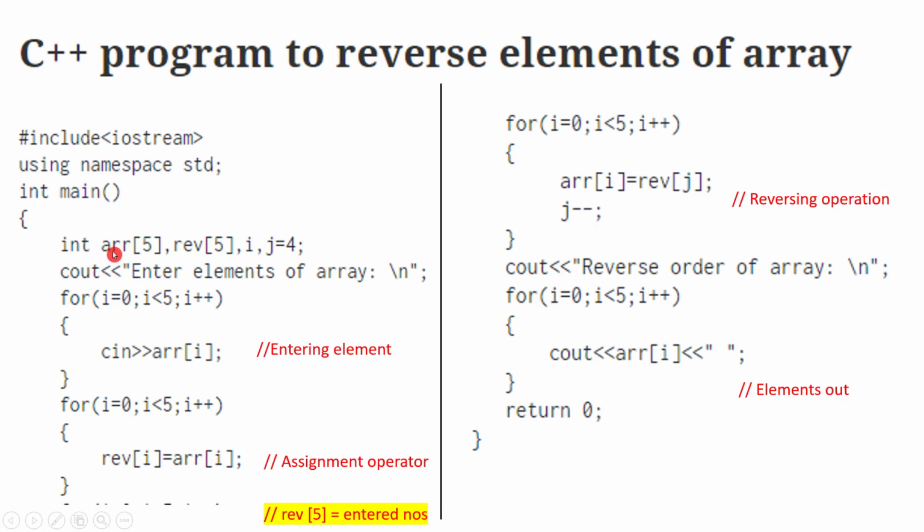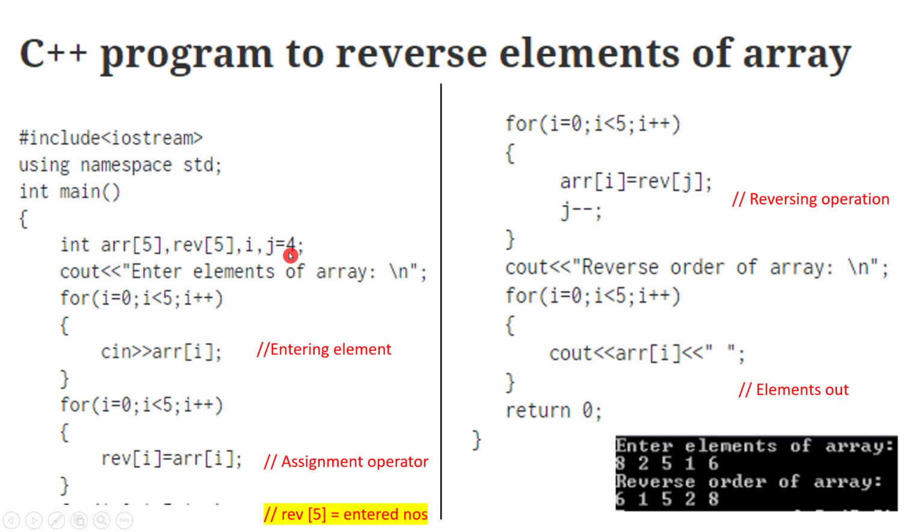We are defining an integer array. So this array will be the input array, and this is the reverse array. We are defining an integer called I, J is equal to 4. So this thing, being a beginner, you can keep this space even vacant when you are doing a new problem. First you have to think of the algorithm, that means how to do this one. Based on the results and your idea or the flowchart or your intuition, you can define the different variables. So let's see the output also parallelly.